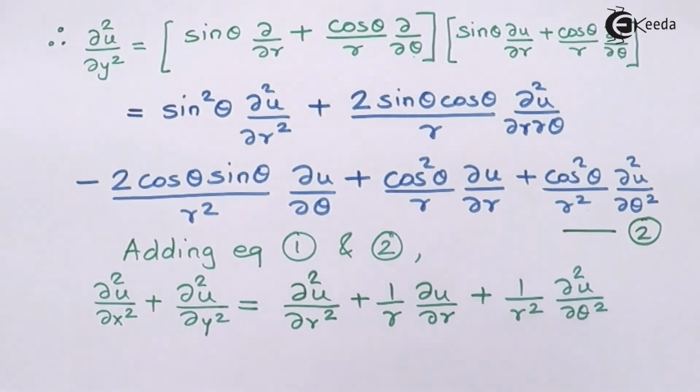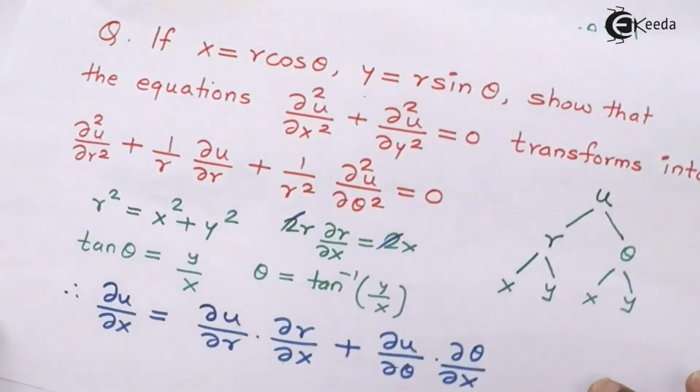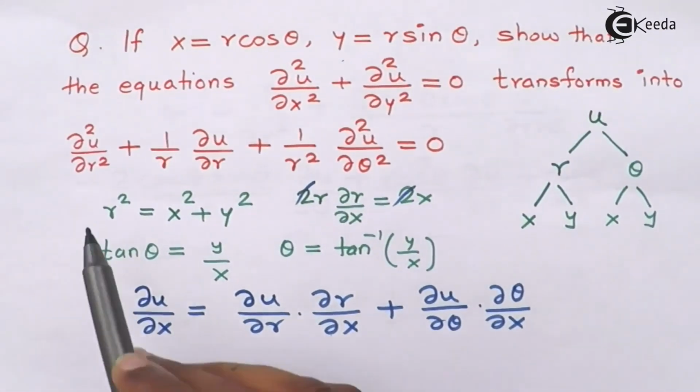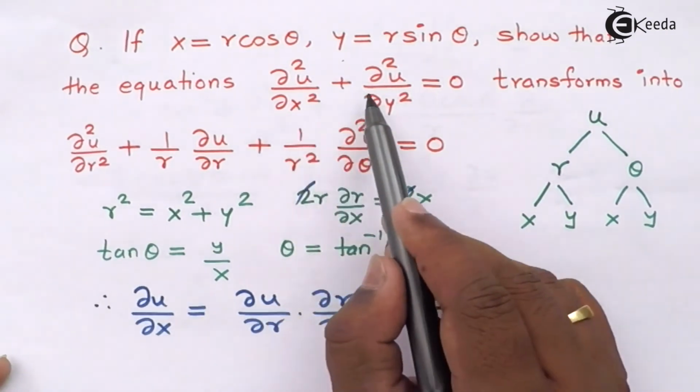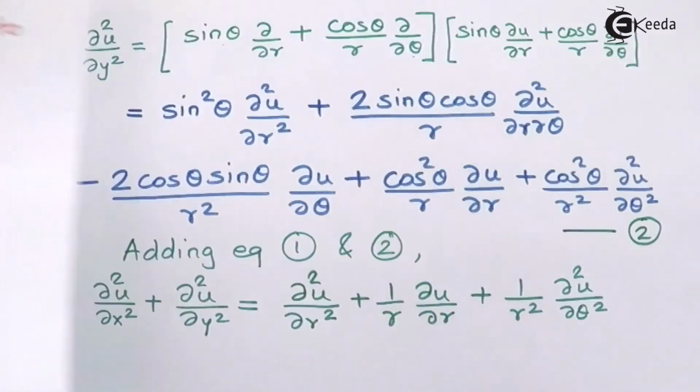And guys, if you'll see the question here, then according to question we get the term. So we have proved that the value of del square u by del x square plus del square u by del y square is the required term, and we got the answer. So I'm sure that you understood the explanation, and just apply the same explanation, the same method in the exam to get the full marks.